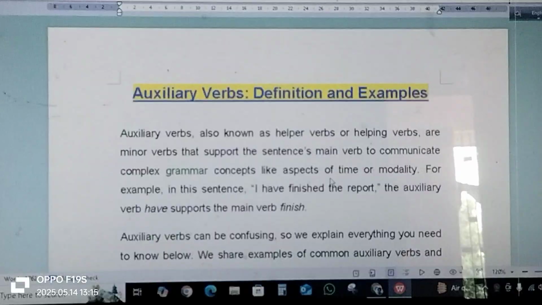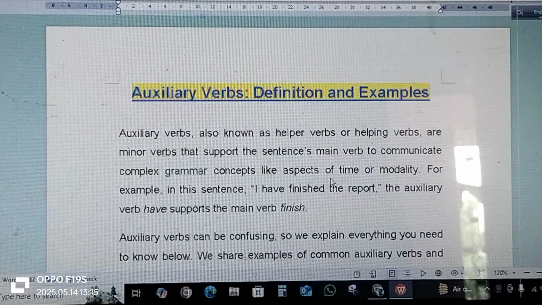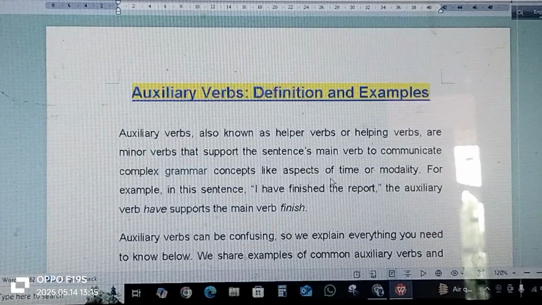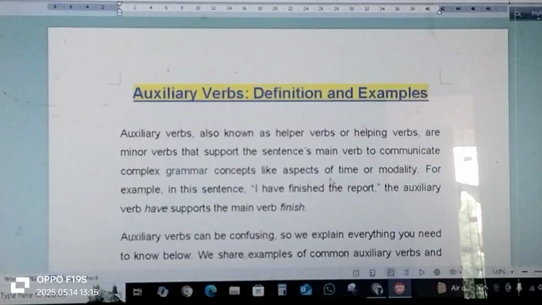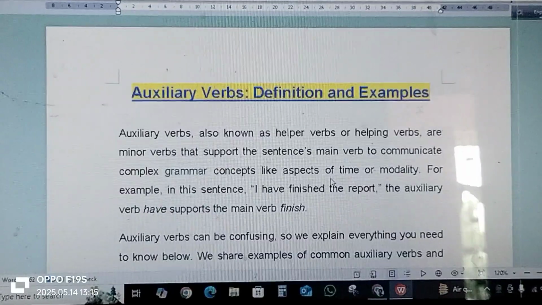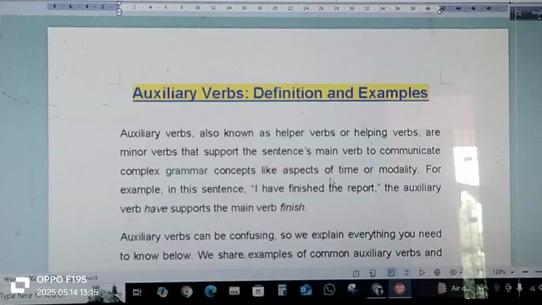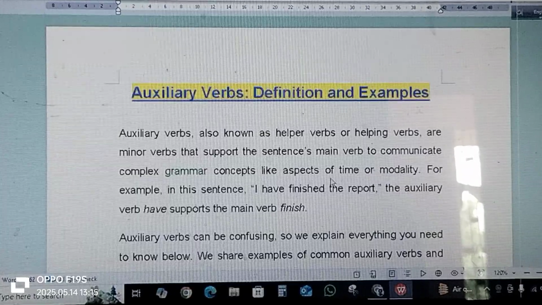Let's start today's English grammar lesson. It's about auxiliary verbs. So, I am starting the video now. It may be a longer type of video, but the topic is very essential for the students of